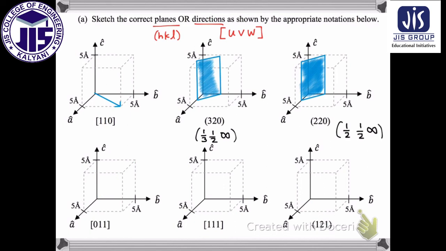Next, I gave it away. See if you can figure this one out. You have 0, 1, 1. This is a direction now, so you're not going anywhere in the A direction, and then you go 1 in the B direction, and then 1 high in the C direction. It's pretty much plotting a 45-degree line in 2D coordinates if you ignore the A axis and consider B as your X and C as your Y. It's one way to think about it. Here we have the 1, 1, 1, so we go 1 in the A direction, then 1 in the B direction, and then 1 in the C direction.